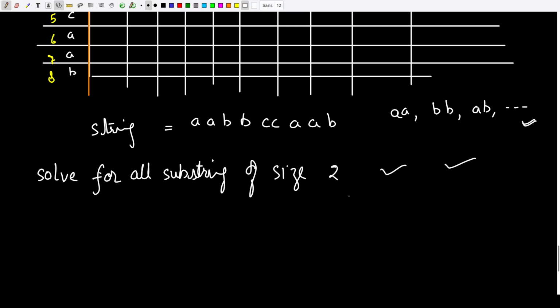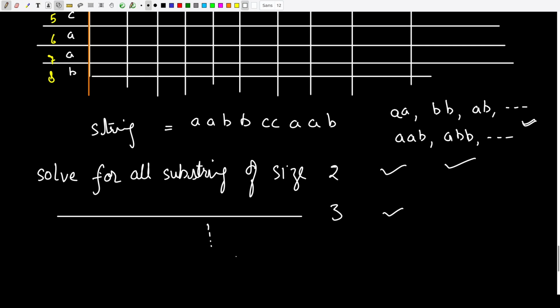Once we have solved all substrings of size 2, then we are going to solve all the substrings of size 3. In such a case, the substrings will be AAB, ABB, and so on. And continuing in this fashion, we will be able to solve the string of size n. So let us see how we solve for all substrings of size 2 and keep it in our DP